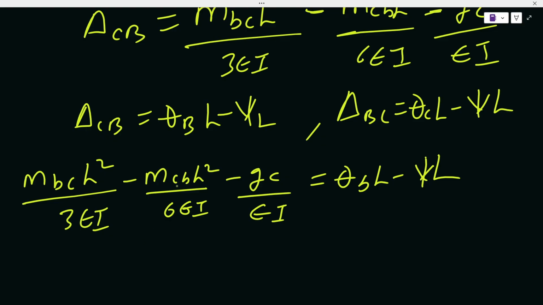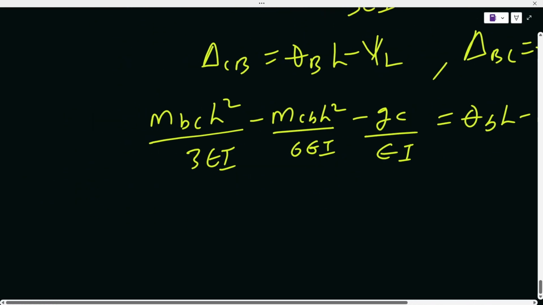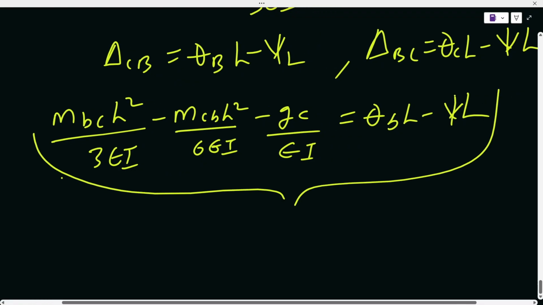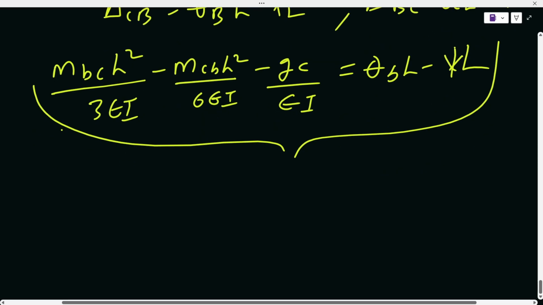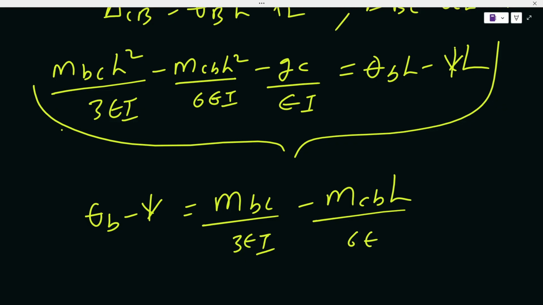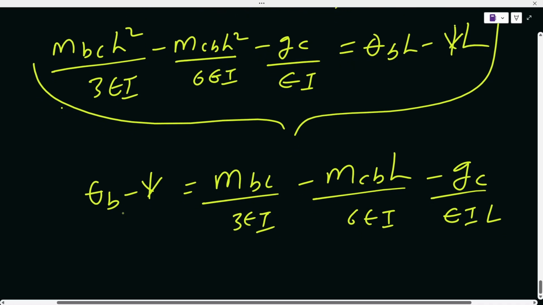Then solving and simplifying, I'll be having from this one MBC over 3EI minus MCB L over 6EI minus GC over EI L. Again, the same thing for the other one, I'll be having